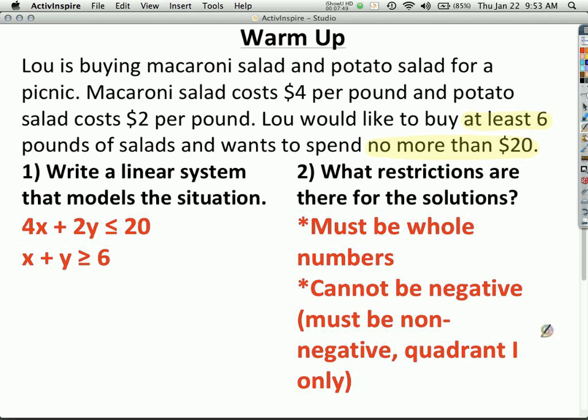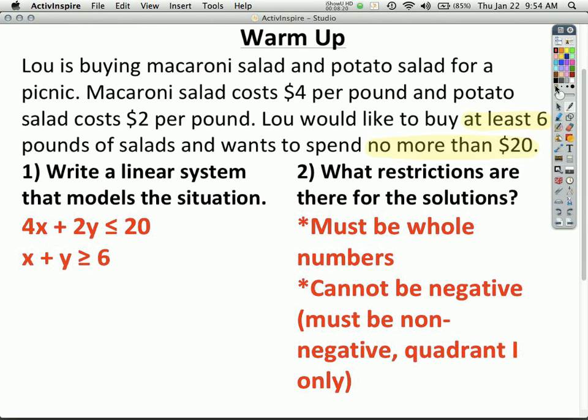You can ask for anything and they will pretty much try to accommodate you. My intention here was buying a large amount of items for a picnic. For a large amount of people, you usually buy things in a big giant tub and they only come in certain quantities. So in this case, I really was going by the pound. If you did not put no fractions or something like whole numbers, that's okay. Don't mark it wrong. It's definitely debatable. Okay? Any comments or questions on what we've discussed here during the warm-up? Anything at all?